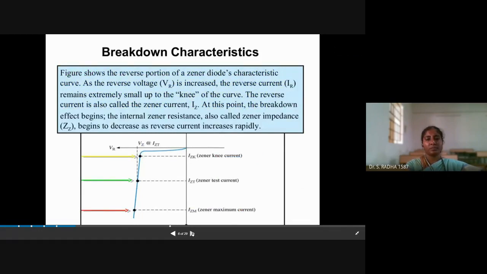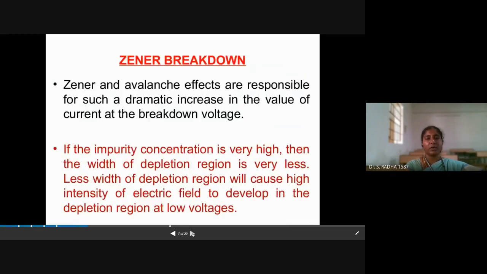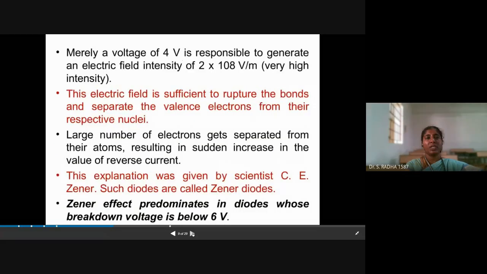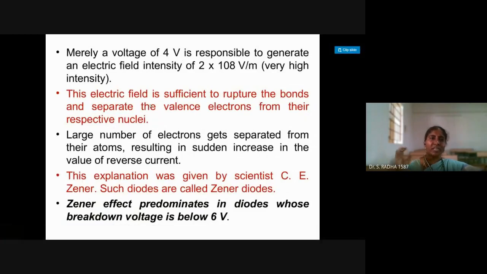And then in the reverse bias, mainly we talk about the Zener diode. We have two types of breakdown: one is avalanche breakdown, another one is Zener breakdown. So two types of breakdown happen in a Zener diode. It will be because of electric field or kinetic energy of the electrons. So electrons are moving very fast, and because of that, we will have breakdown.